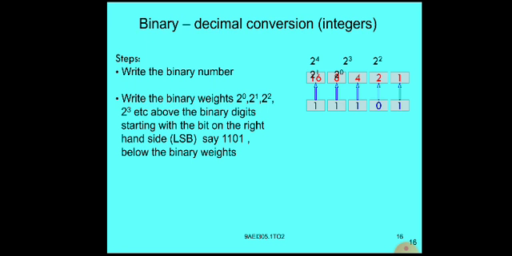For example, let us take the binary number 11101. I have written the weights on the top. If you observe, 2 power 0 is 1, 2 power 1 is 2, 2 power 2 is 4, 2 power 3 is 8, 2 power 4 is 16. The alignment has changed because of some adjustments, don't be confused. So these are the weights.